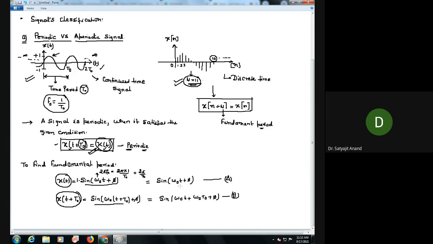Suppose this is equation A and this is equation B. If you compare the right hand side of equation A and B, this sine is perfectly matching, omega naught perfectly matching, t perfectly matching, phi perfectly matching. Only you have a difference of this omega naught T naught. You don't see omega naught T naught in equation A, but it is an extra term present in equation B. So we make an effort by putting that value in place of this omega naught T naught, so that that equation